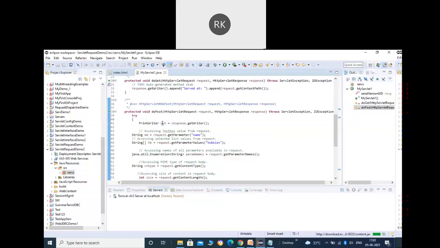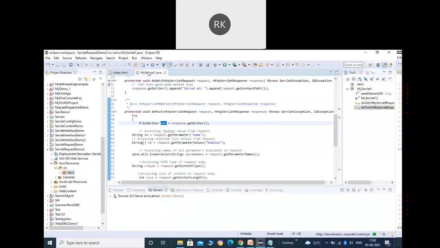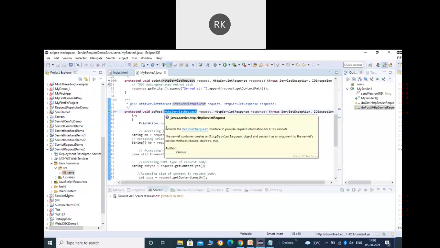All right, so let's see it. We have not imported the IO package, that needs to be imported here, right? So first of all, you can see I got the print writer object out, using which I can make use of the println method to write anything there.